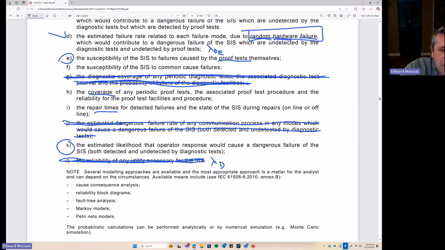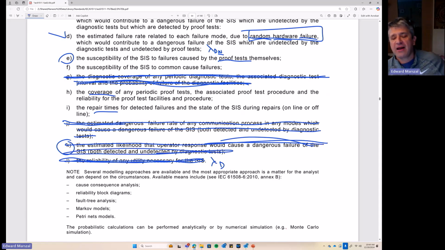Basically, we're going to get rid of this, but just giving you the historical perspective, this was here to accommodate using a human being as a logic solver. Historically, we're going to whack it. So the 61511 committee said, yeah, let's whack this one. But that clause has created a cottage industry in saying, well, I'm going to include human failure in my SIL verification calculations.